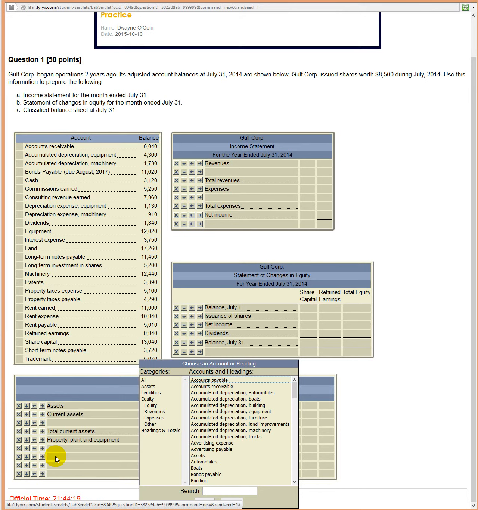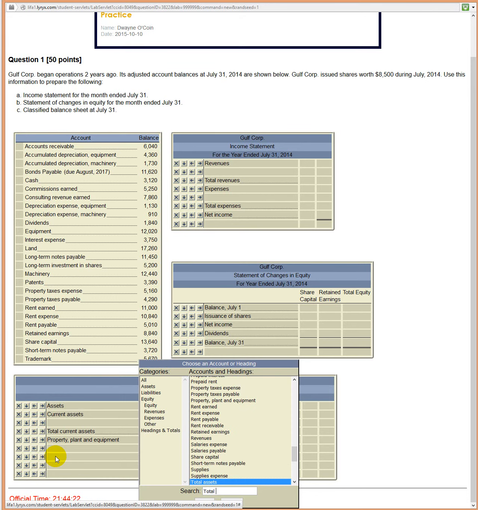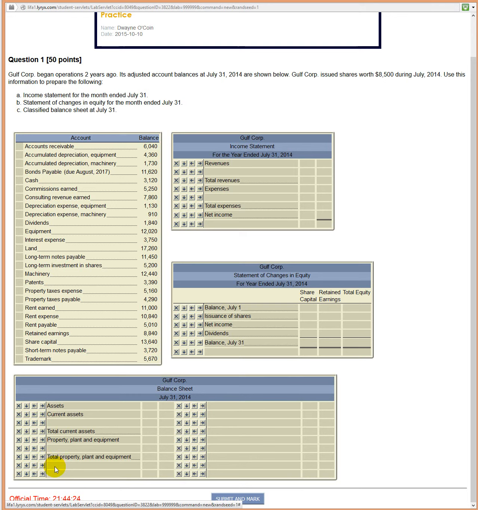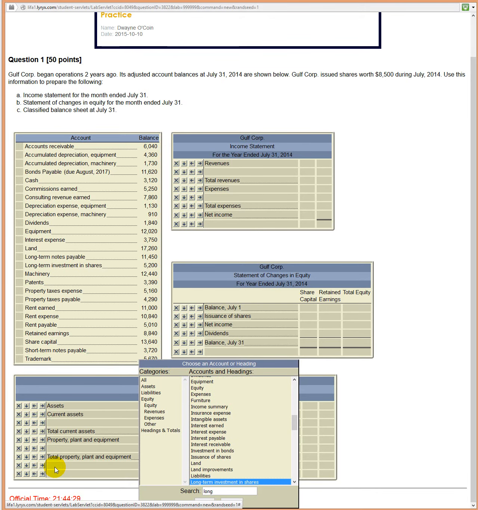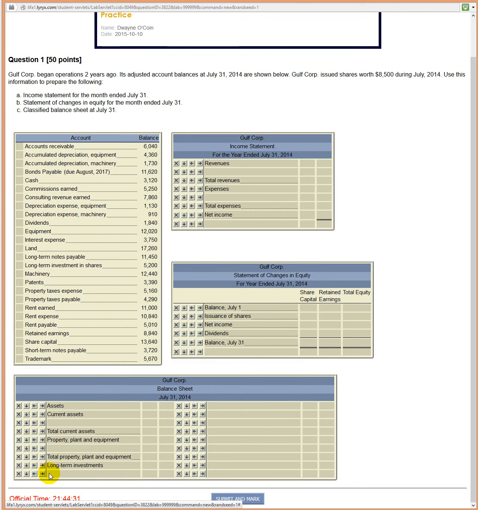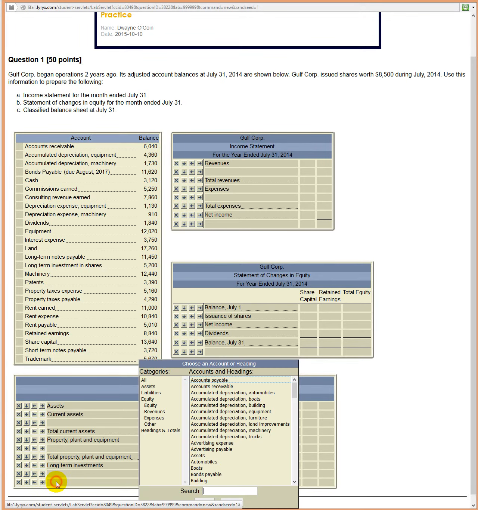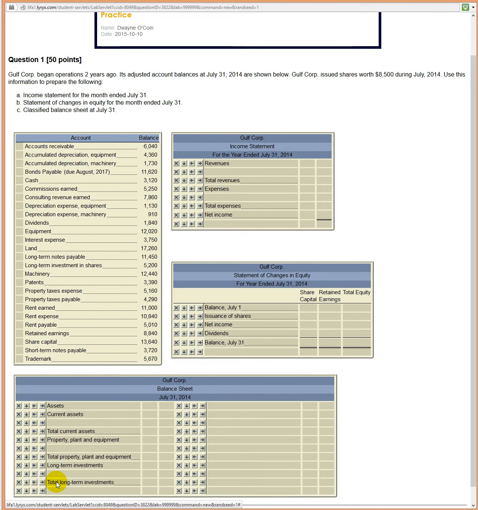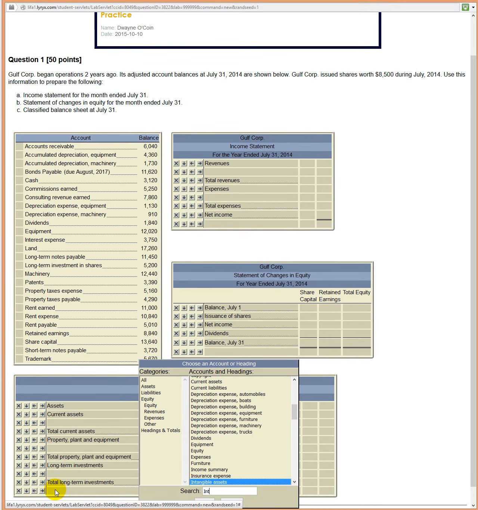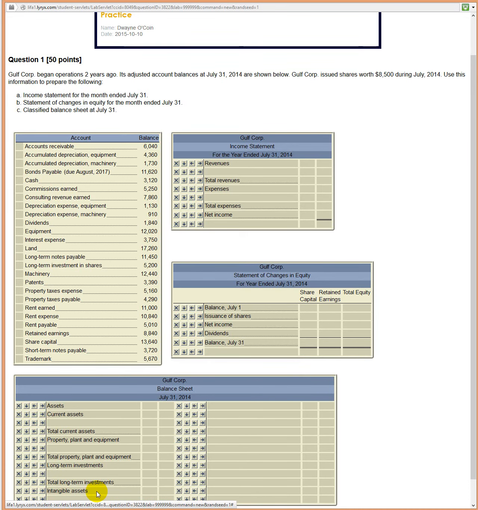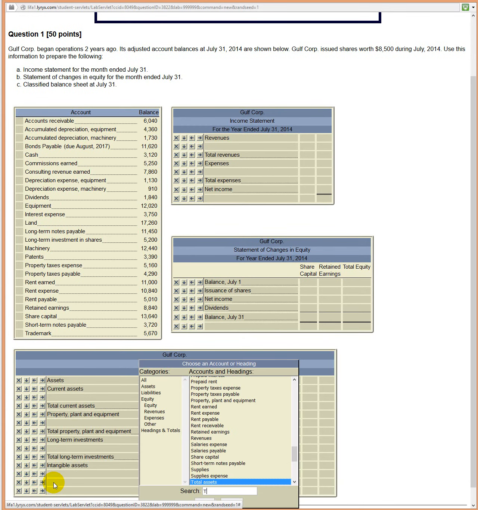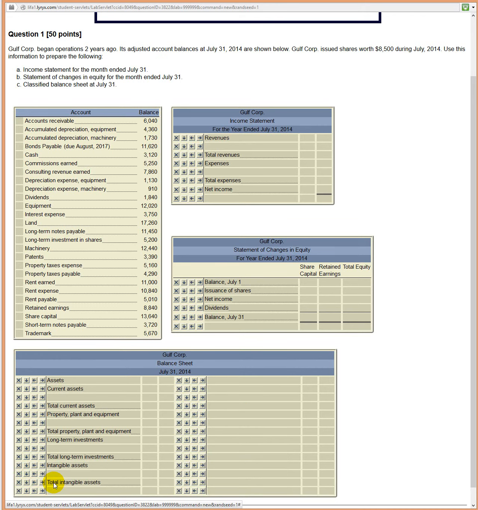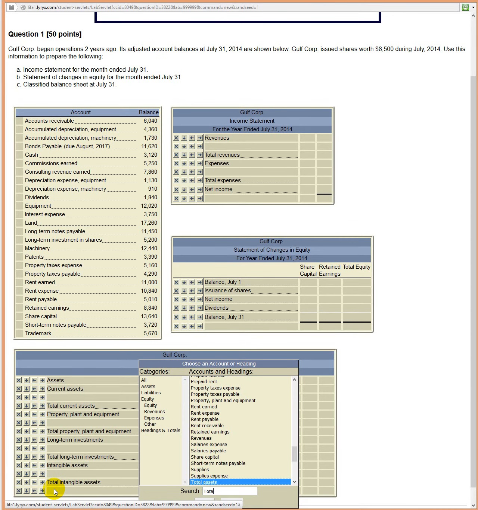Then we'll have a total property, plant, equipment, and that will be followed by long-term investments, and then total long-term investments, followed by intangible assets, and then total intangible assets, followed by total